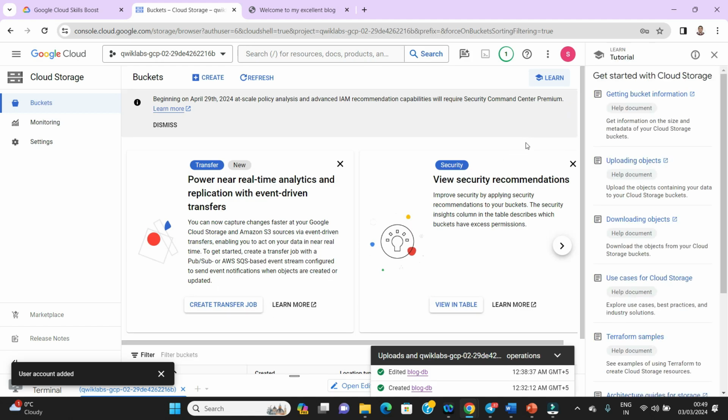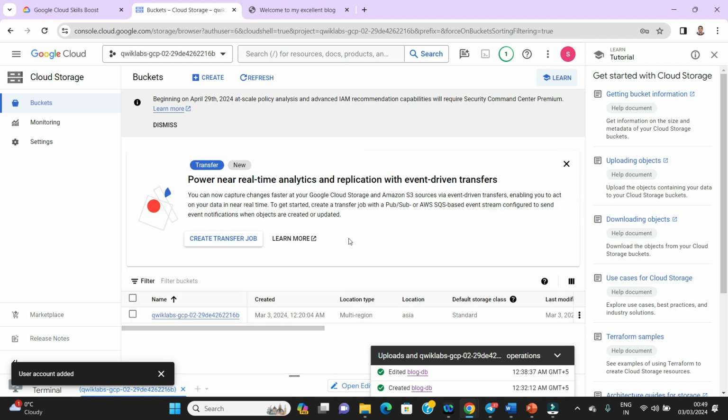If you remember, we created a bucket using the Cloud Shell. We used a command prompt to create the bucket, then fetched one image from the public repository and kept it in the bucket. We already did that using a command prompt, through the Cloud Shell. We can also do it like a drag and drop. We can go with this option, and then we can upload the image from here as well.